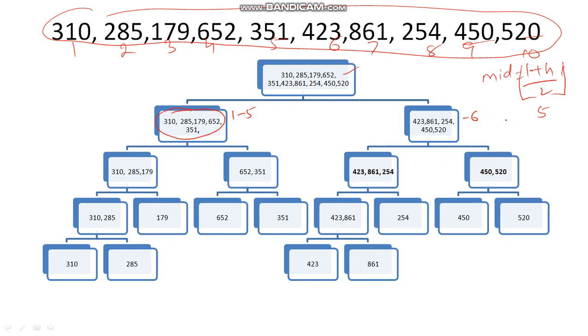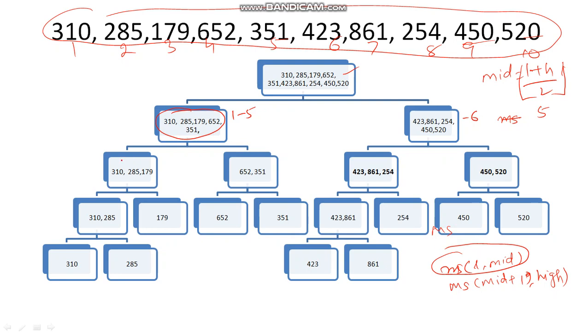So I call two merge sort instances: merge sort low, mid, and merge sort mid plus 1, high. Okay, so this is mid plus 1, high. So this again is the same. I am discussing the recursive version of merge sort. So merge sort is calling this one.